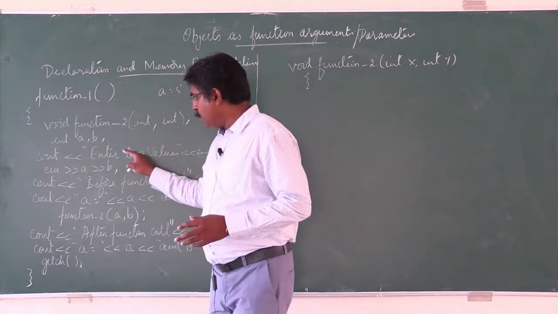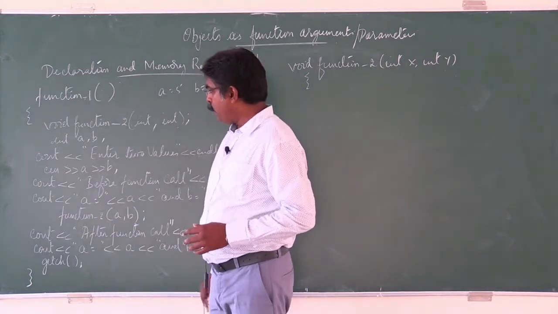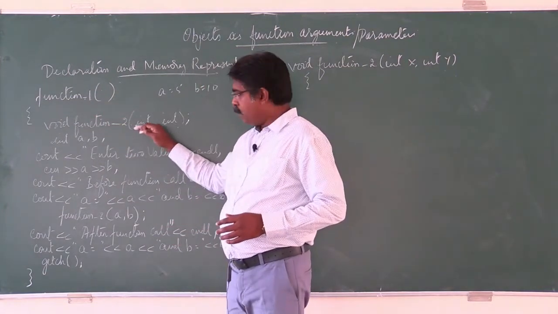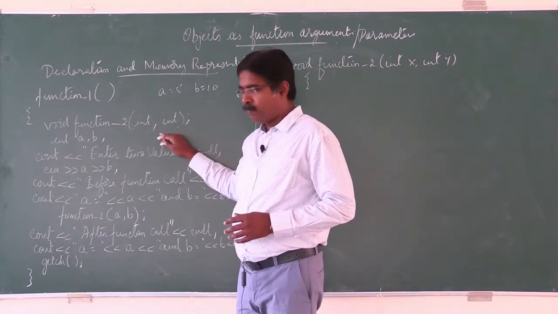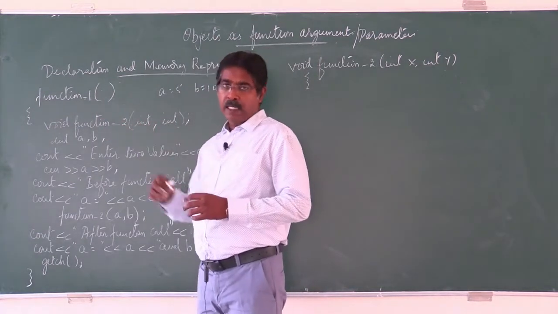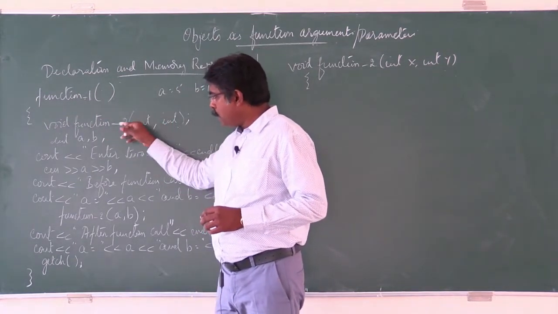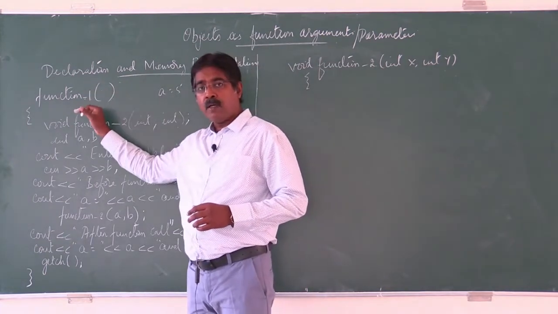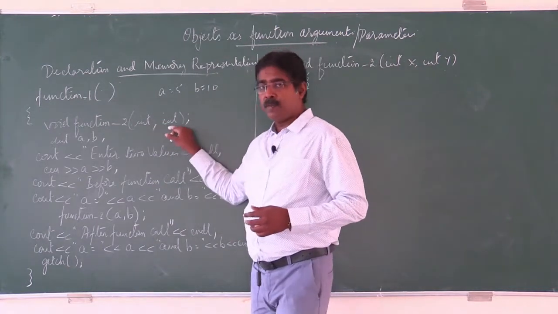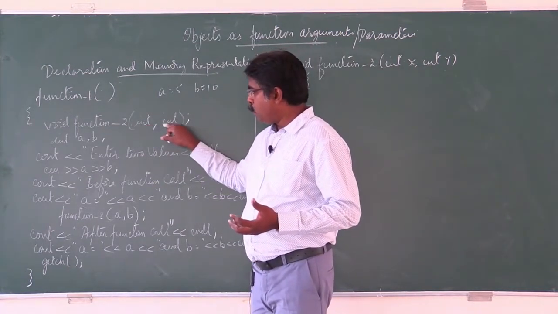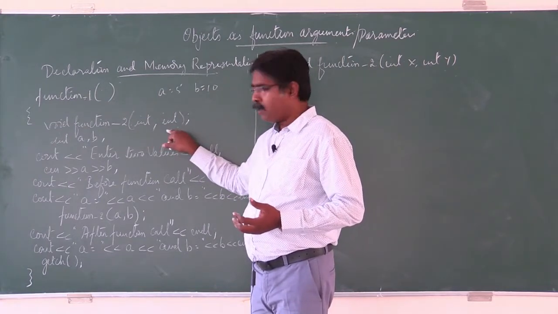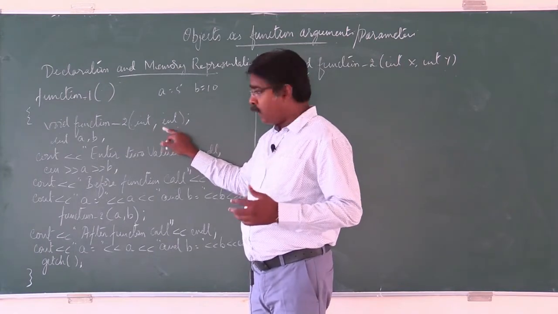A and B are there. So here I have written a function, function 1, which has a prototype here. This line is called the function prototype. Function prototype means before you use a function, you declare it. So when you declare the function, only then can function 1 call function 2. And while calling, what are the arguments and how many arguments? We have 2 arguments here and both are of int type. So the order and the type should match in both places.